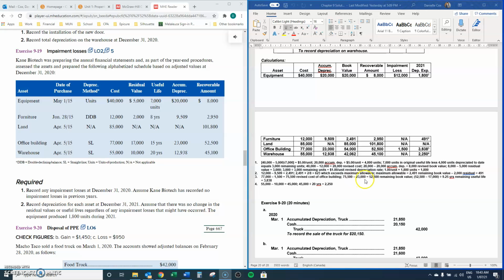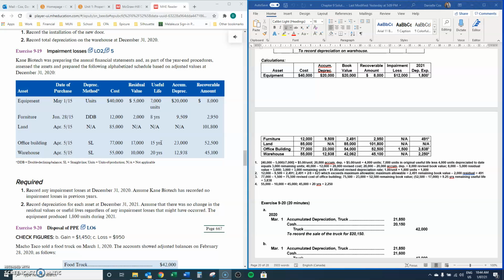From this, we are going to subtract the accumulated depreciation of $23,000, which means the current book value is $52,500. So $52,500 less the residual value, and the remaining useful life, so it was